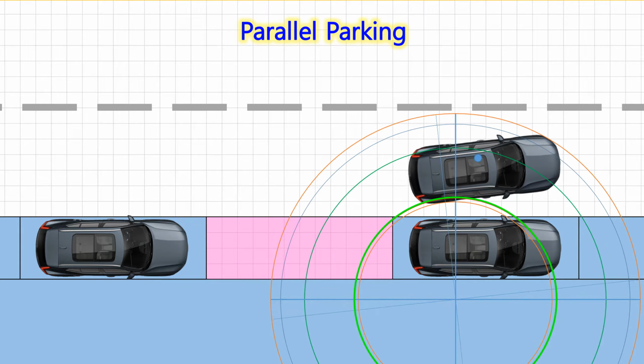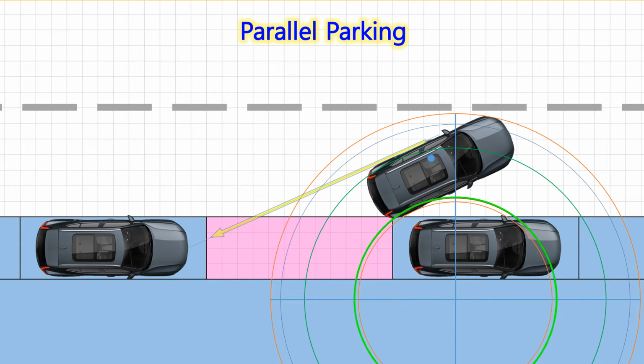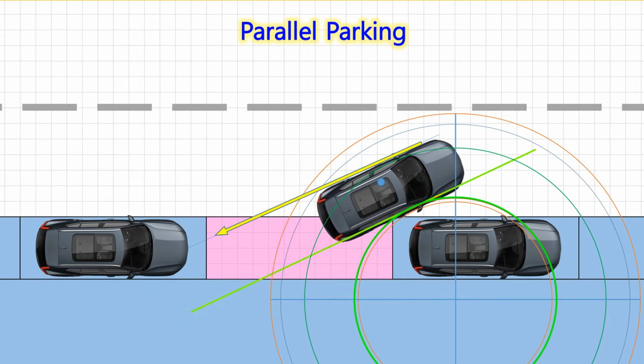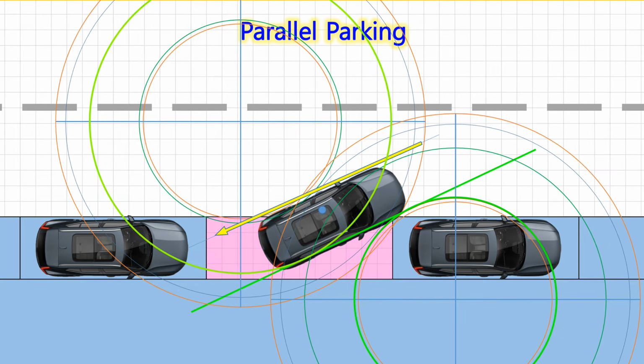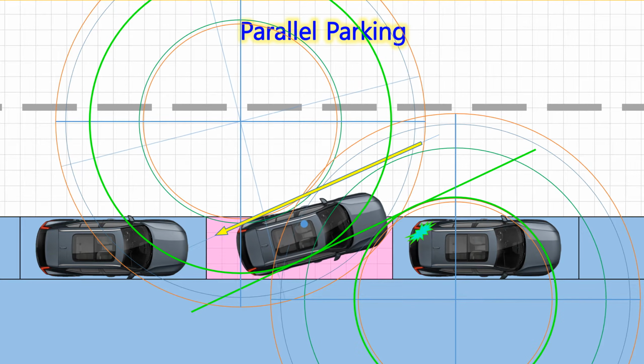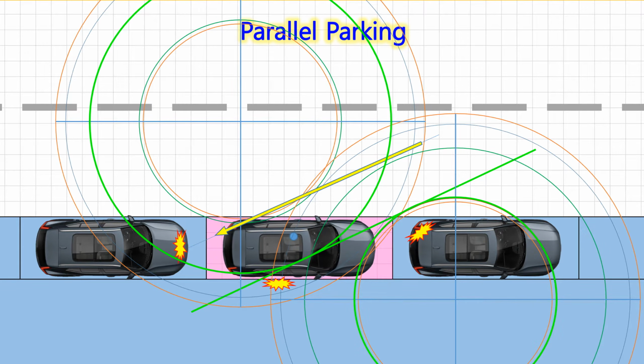Slowly turn your car in reverse and stop when the center of the vehicle behind you is visible through the left side mirror. Return the steering wheel and slowly move backwards straight. Stop when the right rear wheel is about 20 inches from the curb. Turn the steering wheel to the left all the way. Then, the minimum turning circle appears based on the right rear wheel. Slowly turn your car in reverse till your car is parallel to the curb, making sure that your car doesn't hit the car in front or behind you or the curb. And complete your parallel parking.